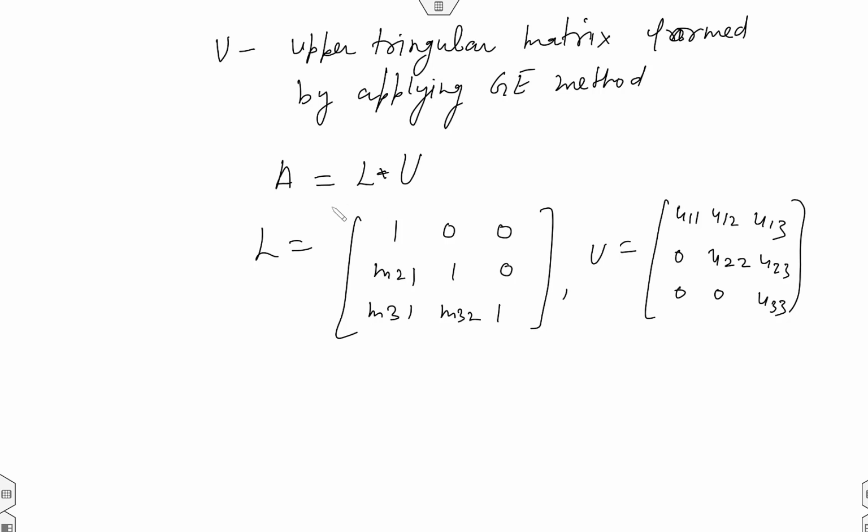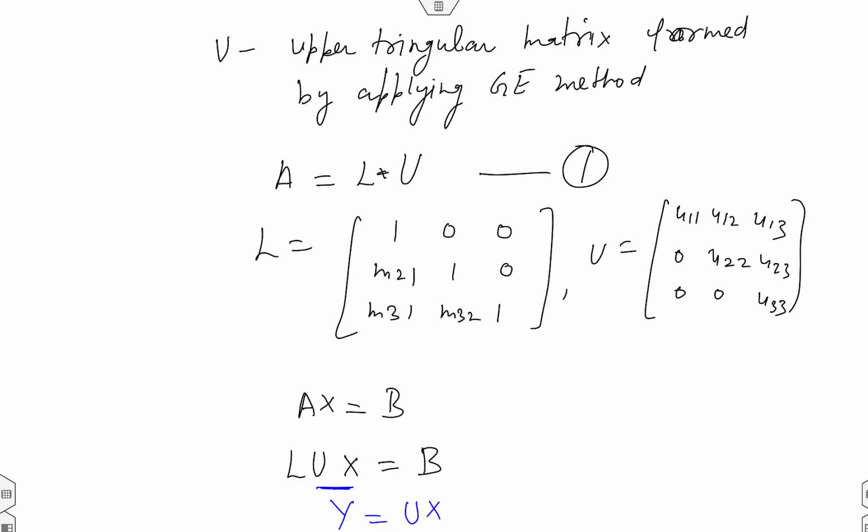So we write A equal to LU. Whenever you are writing Ax equal to b, that means A is LU. This is equation number 1. Use equation number 1 in Ax equal to b. So what is coming out to be? LUx equal to b. So this Ux you can choose as a vector. Why? Because U is a 3 by 3 order matrix, and when you multiply U with a vector, you get a vector. So let us assume y as Ux, and then Ly will be b.